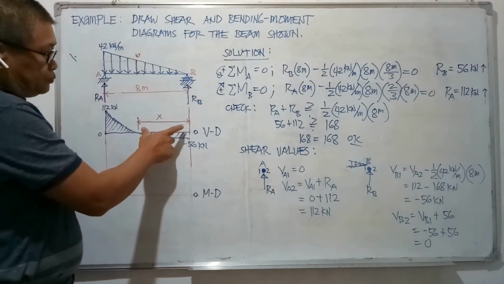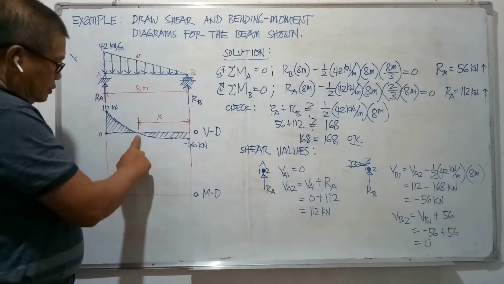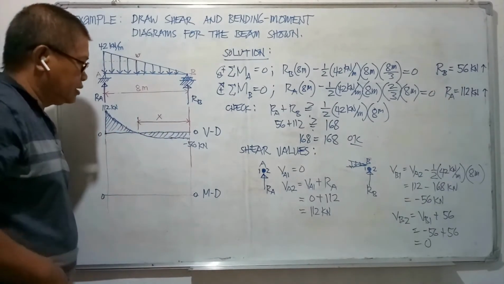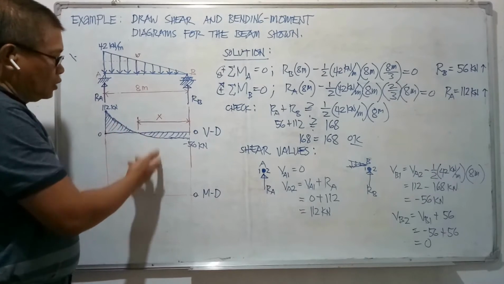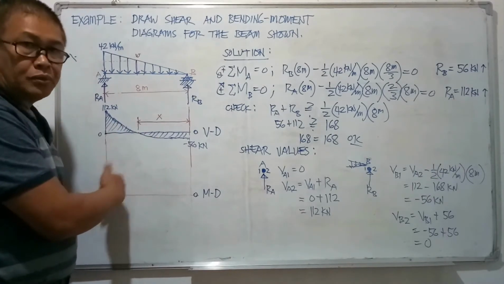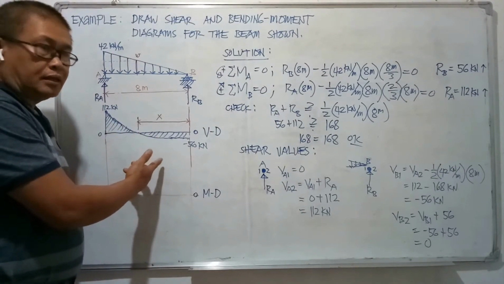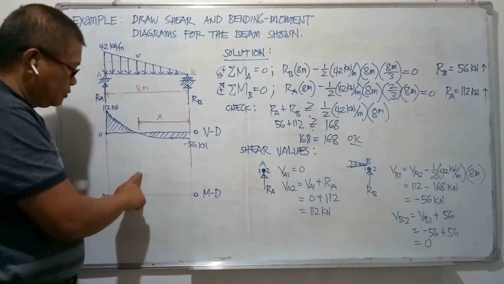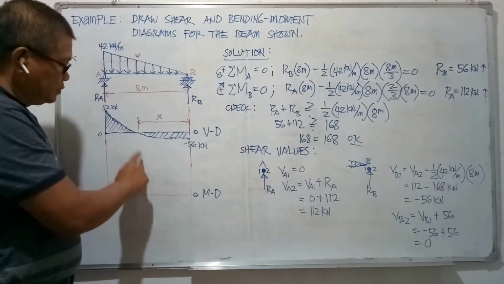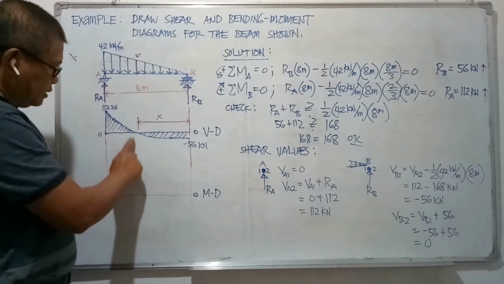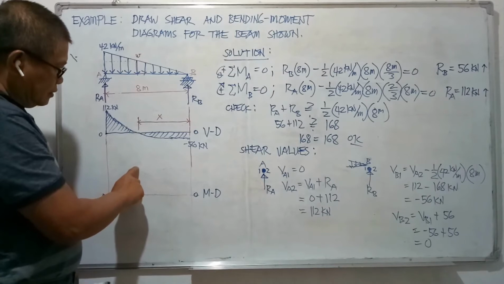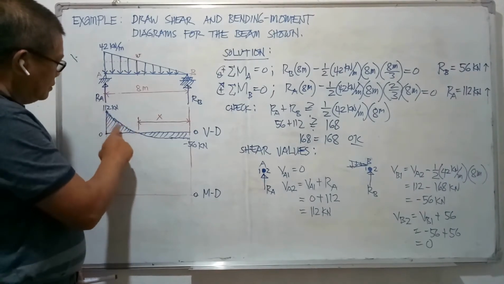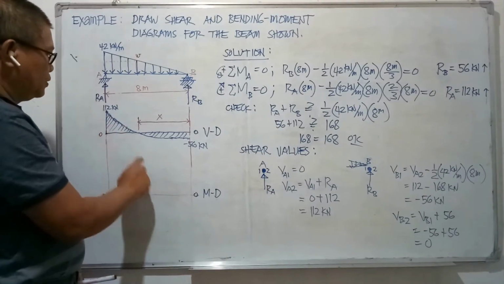So when there is a point along the shear diagram which is 0, in this case, that will also be the location of the maximum moment. Okay, 0 shear means moment is maximum. Because if you will solve for the moment somewhere at this point, it will be the area of this. We can actually compute this area, but it's much